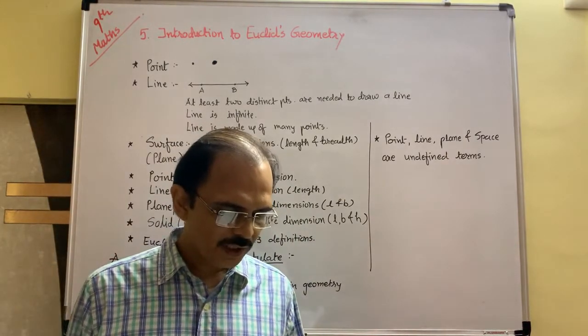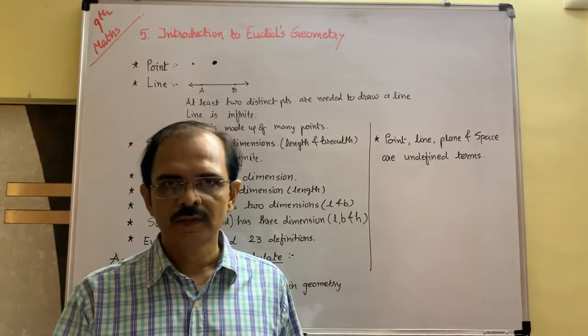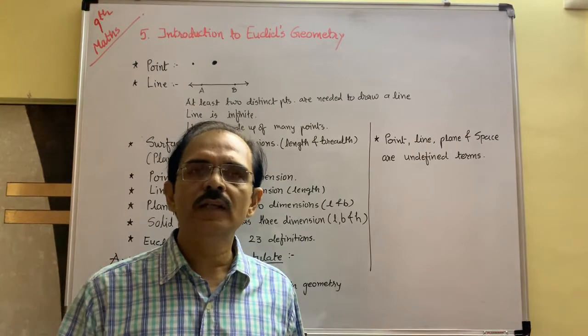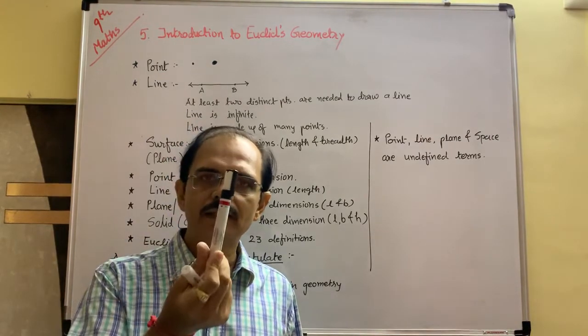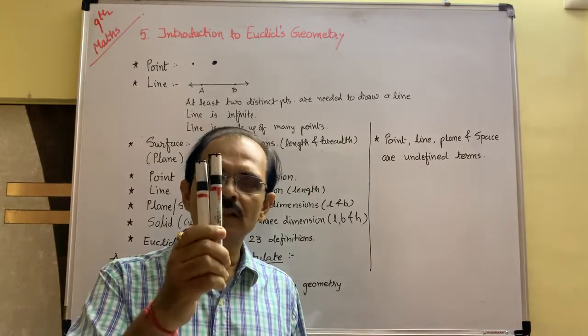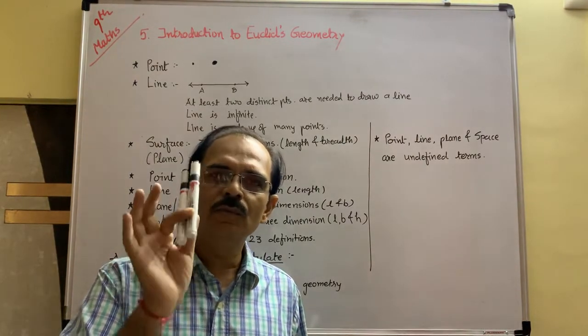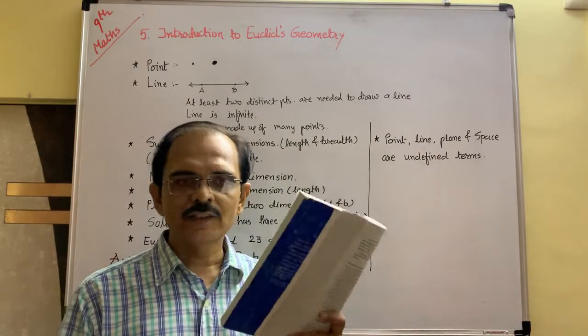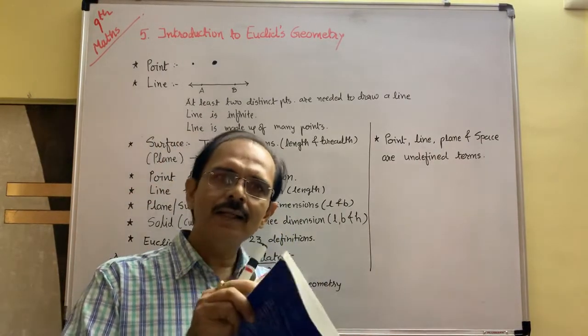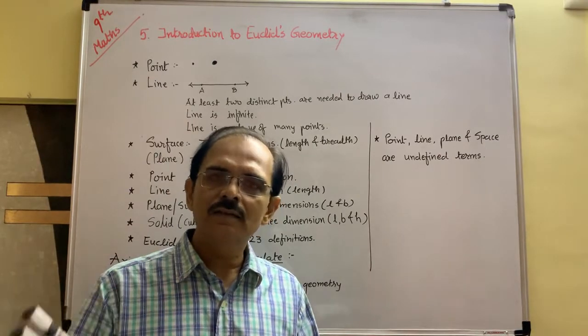First: things which are equal to the same thing are equal to one another. Suppose the pen is a thing, another pen is also a thing, which are equal to each other, then we can say that both are same or both are equal. A 9th standard maths textbook and another 9th standard maths textbook, both are same.